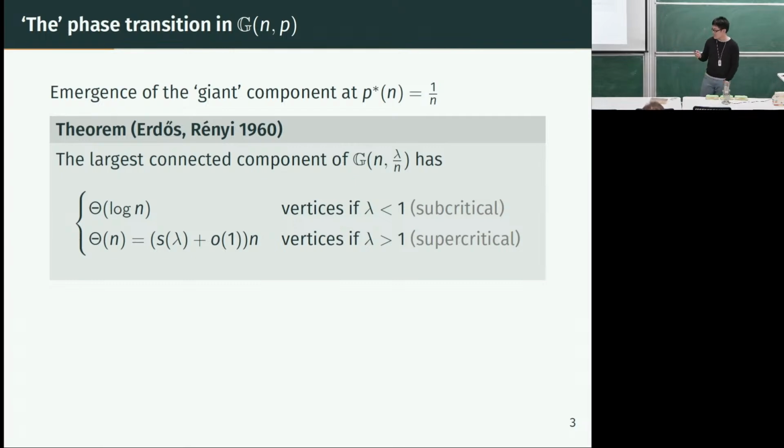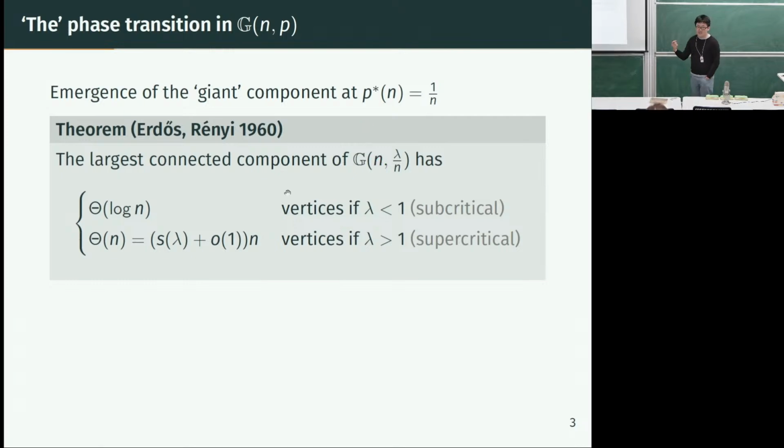And it concerns the size of the largest connected component in the Erdős–Rényi random graph, and goes as follows. For the purpose of this statement, I will just focus on probabilities around the threshold of 1 over n. So if we were to look at the random graph in this range of probability, where p is equal to lambda over n for some positive real number lambda, and n going to infinity, then